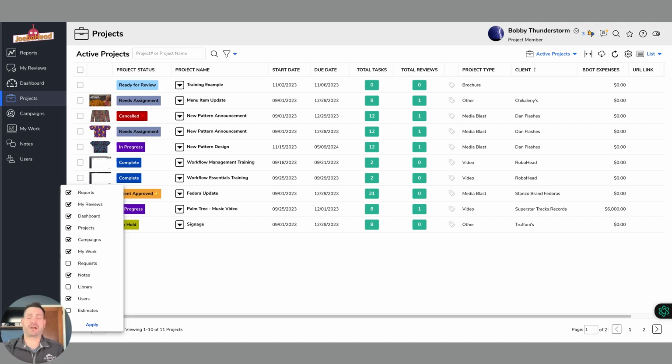So if there are some of the areas in the platform that you just never go to, then you can uncheck the boxes for those and they just won't show up in your view when you go to log into RoboHead. You can also choose the order in which these menus will display for you. So if you wanted the dashboard to appear at the very top, followed by the My Work area, things like that, you can hold and drag these menus into whichever order you prefer, and then click on Apply to save